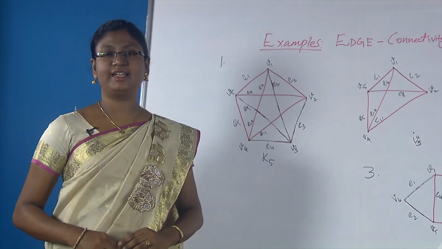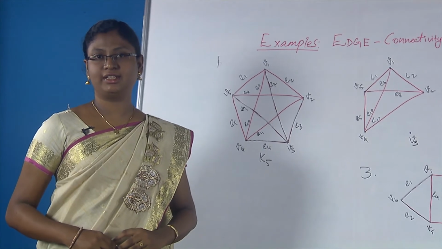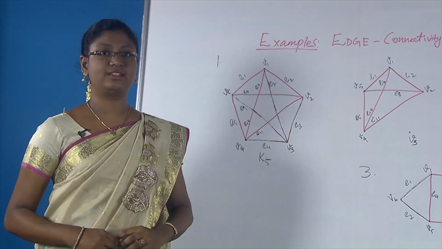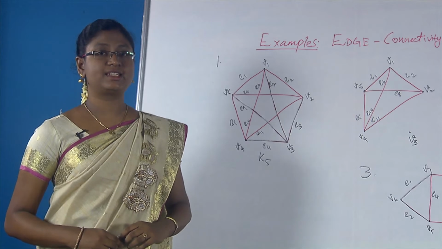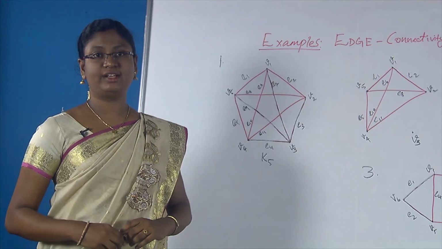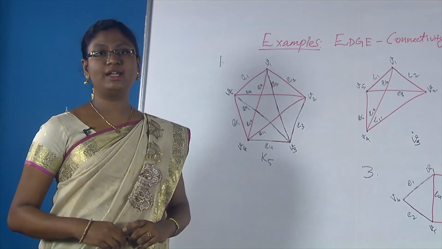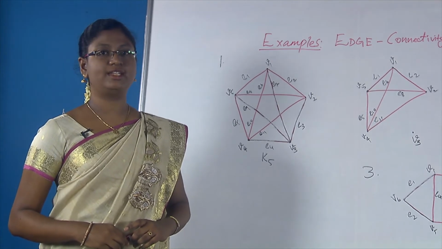We have seen the definition for vertex connectivity. If it is defined for a vertex, then why not for edge? As we are going to see, edge connectivity. The definition goes like this: edge connectivity of a graph is the minimal number of lines or edges whose removal results in a disconnected graph or a trivial graph.